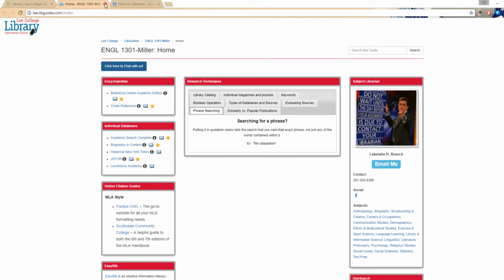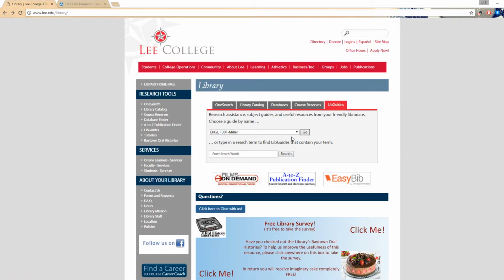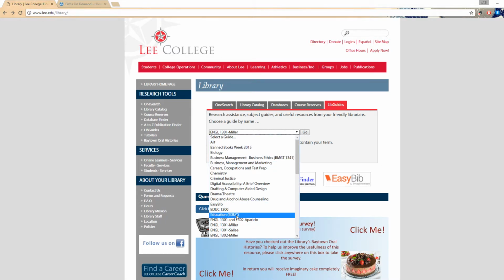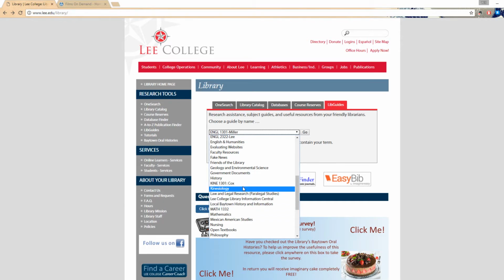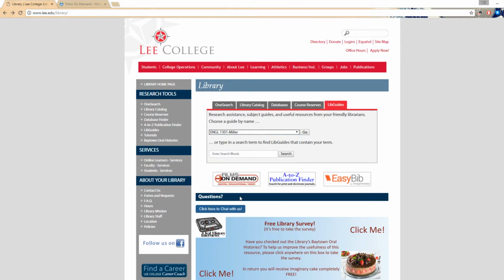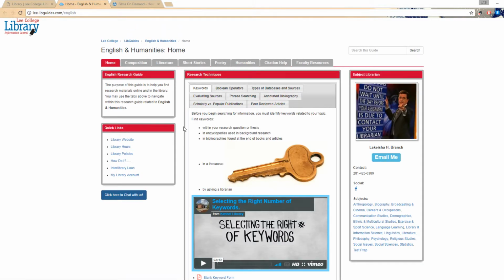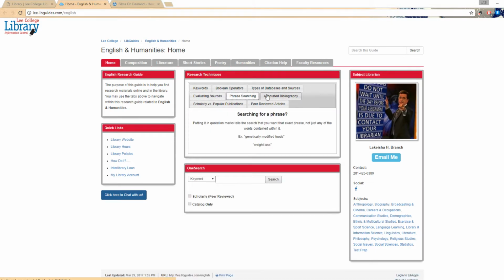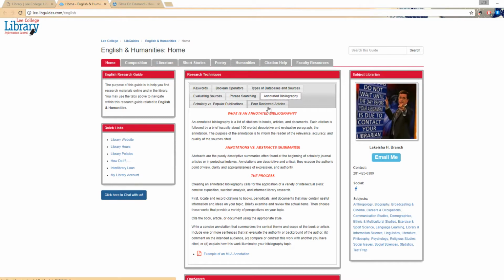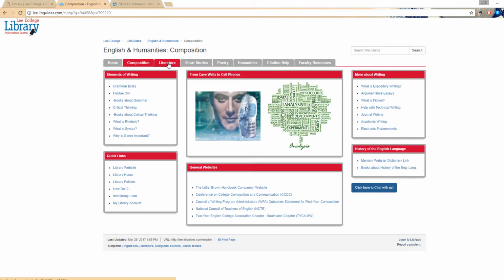So even if your professor doesn't have a class on here, finding a LibGuide over here by your subject for your class is really going to help you if you're not sure where to get started. So let's do English and Humanities. Maybe you're taking another English class, the teacher doesn't have one. It'll get you started on information about English and Humanities. It'll give you some operators and how to search. It'll give you some how to do biographies, peer-reviewed articles, and click on some of these other tabs to find out more information